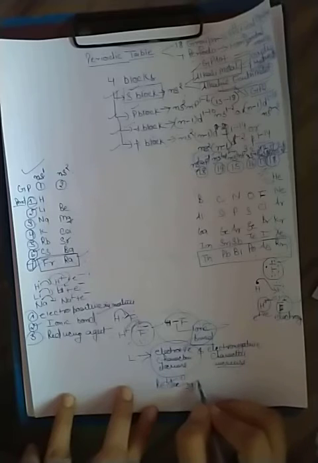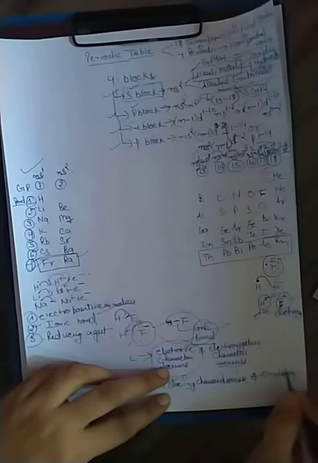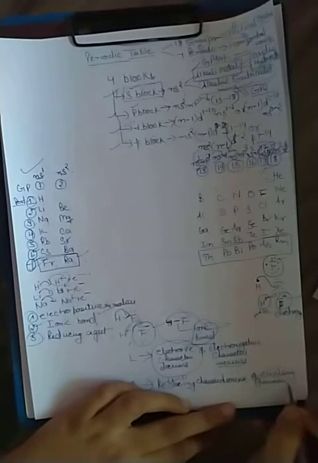On moving left to right, reducing character decreases and oxidizing character increases. And when moving from top to bottom,